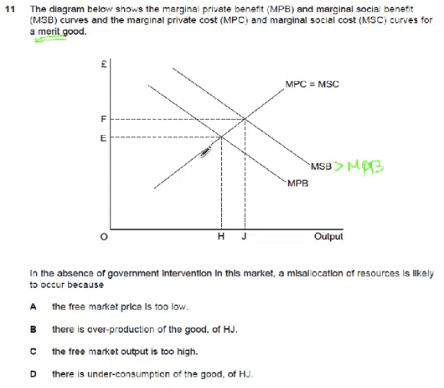So let's just recap the diagram. Our free market outcome is going to be here, so I'm just going to colour that in blue. And our socially optimal outcome is going to be here, the green dot there. As you can see, with the market outcome or the market equilibrium at blue, we get consumption H. But what we actually want is consumption J. So before we read any of the options, we can already see that we actually have too little consumption of this good